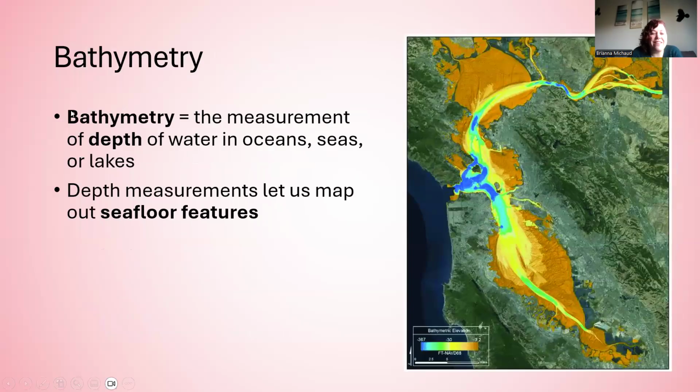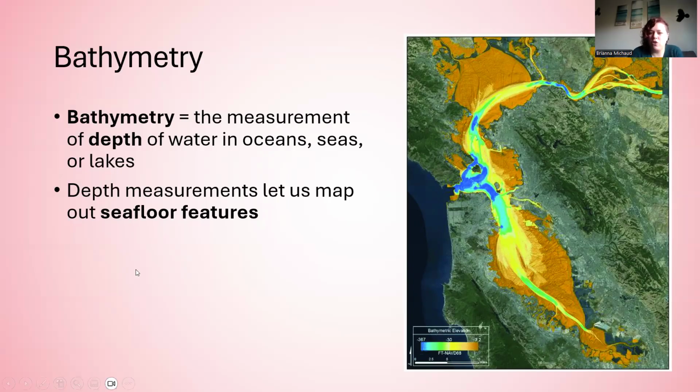All right, next, the last section for this lecture is going to be about bathymetry. Bathymetry is the measurement of the depth of the water in oceans, seas, or lakes. Topography is mapping out mountains and valleys, the up-and-down shape of the land. Bathymetry is just the same thing, but for underwater. So you're mapping out the physical shape of the ocean floor or lake or river,